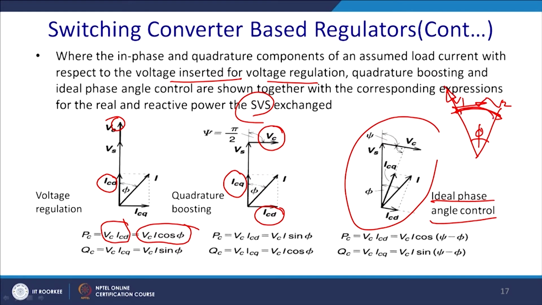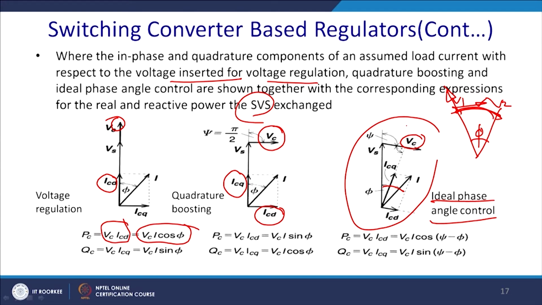So, how can you inject in an arc? This is the ideal phase angle regulator, where you have to find out this phi, and from there there will be a calculation of psi. From there you inject this voltage as regulated by this particular phase angle regulator, not exactly in phase,